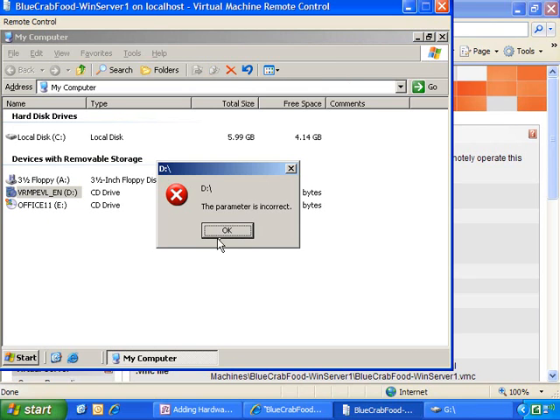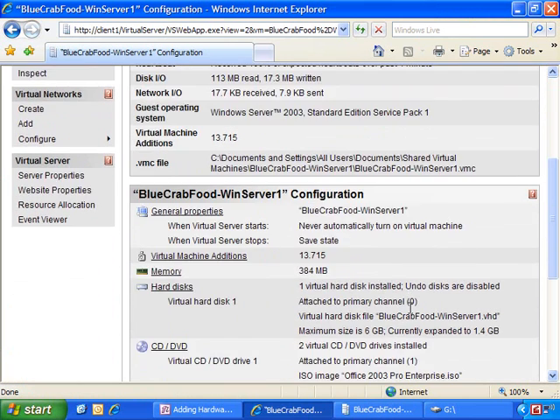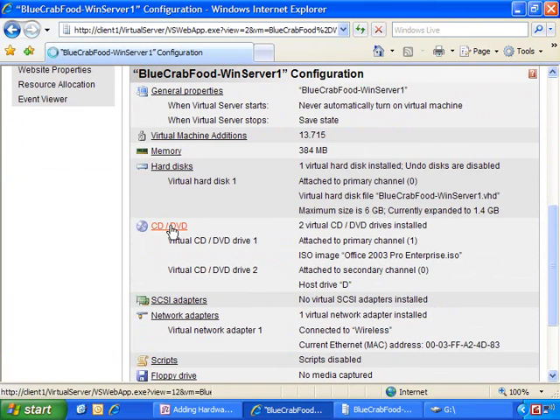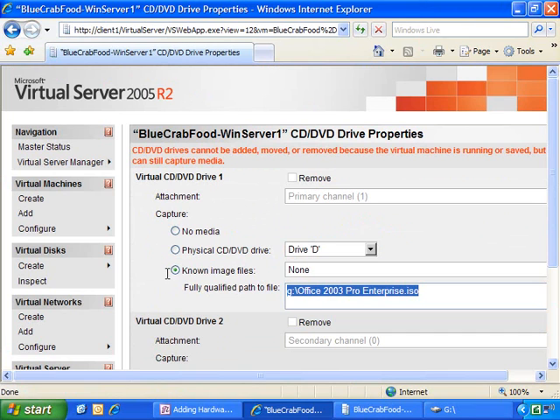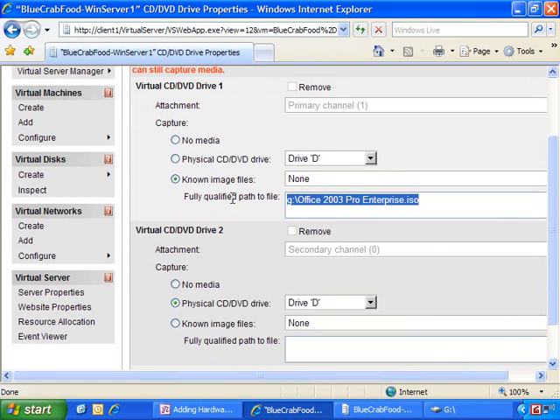that can happen sometimes. The parameter is incorrect. To me, this is sort of a bug. But what I did is I changed the CD, and I didn't tell Virtual Server anything about it. So here's a little troubleshooting trick for virtual CD drives. If I go in, and it tells me here,